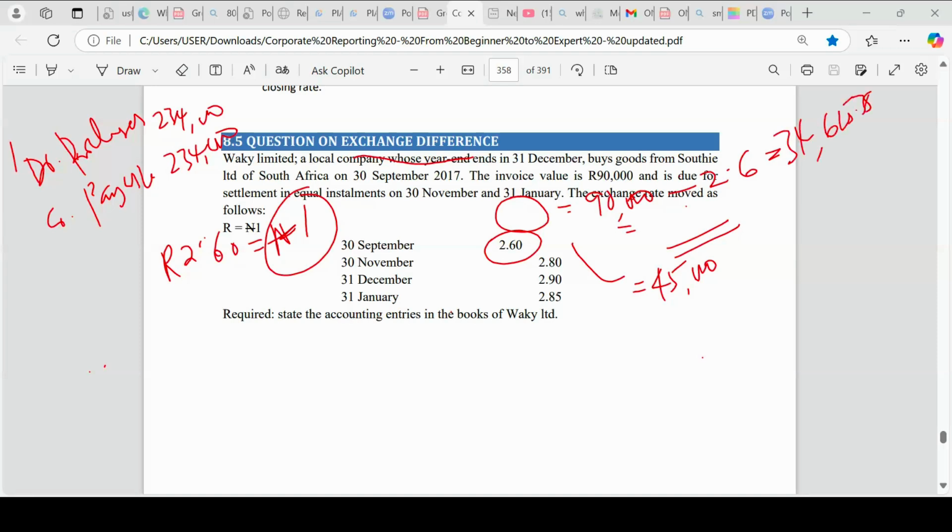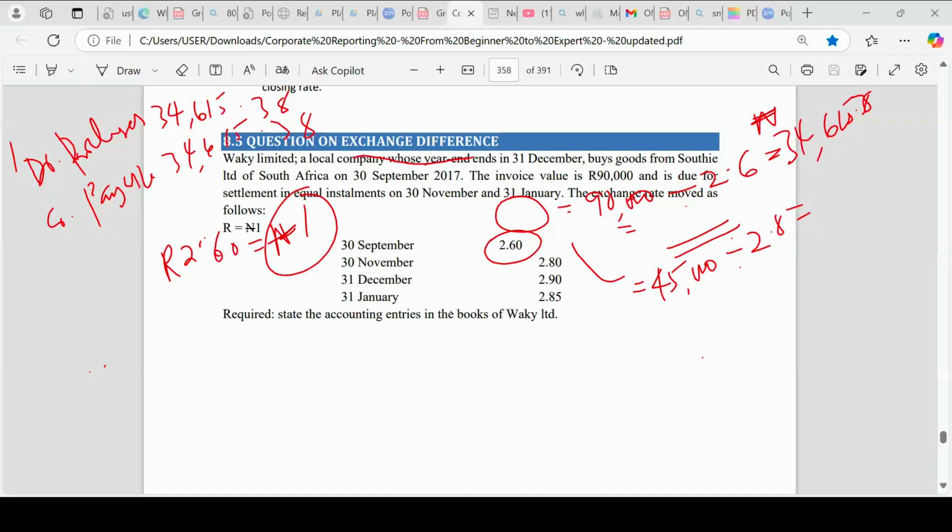34,615.38. That's the amount in Naira. So what should be here is that amount: 34,615.38. Now, as of the day they paid 45,000, what they would have paid in November, the exchange rate is now